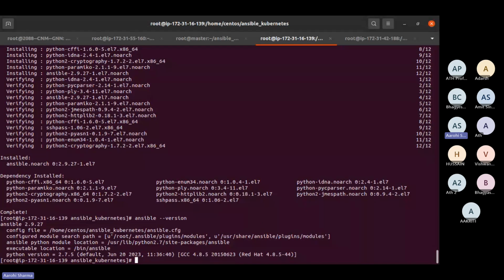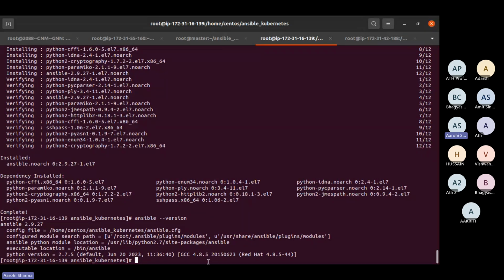So guys, you see the installed Ansible is 2.9.27. The config file is home CentOS Ansible Kubernetes ansible.cfg. The configured module search path is this. The Ansible Python module location is usr lib Python 2.7 site-packages ansible. The executable location is bin ansible. The Python version is 2.7.5.